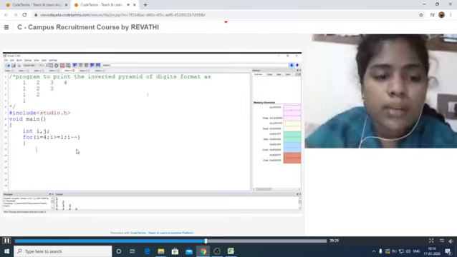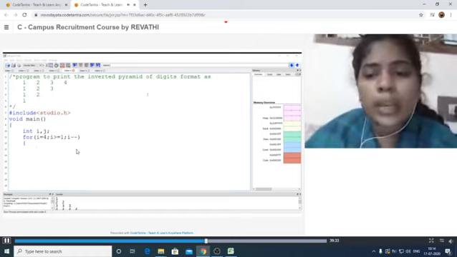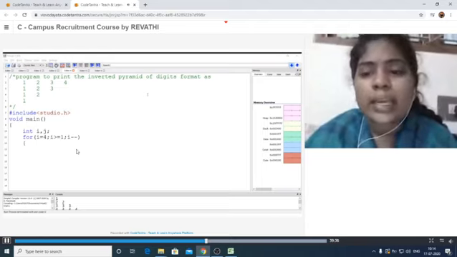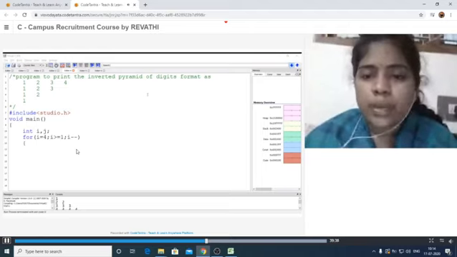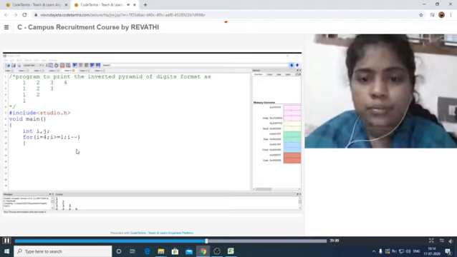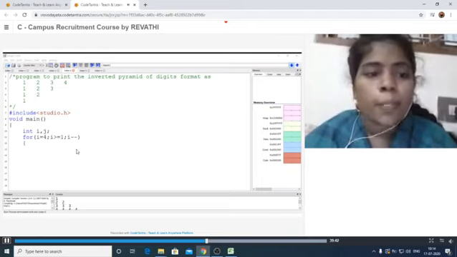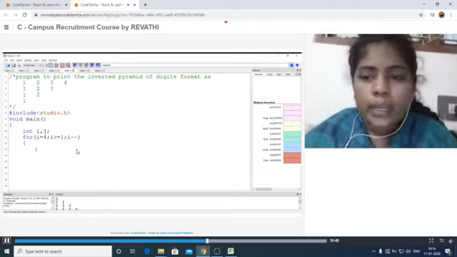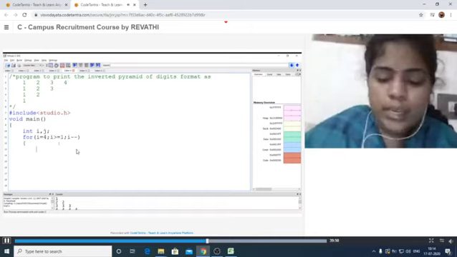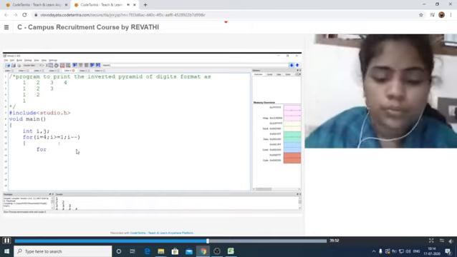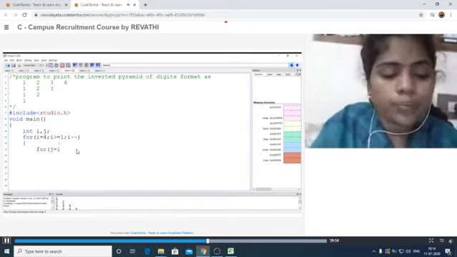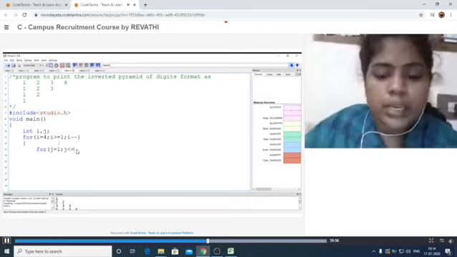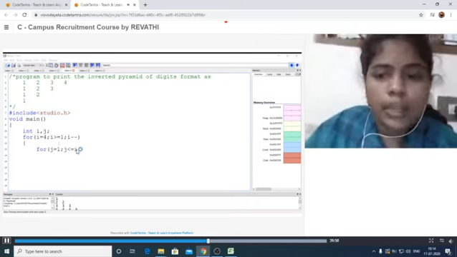That's why we have taken i equal to 4, i greater than or equal to 1, i--. After that we take another for loop for printing: for j equal to 1, j less than or equal to i, j++.